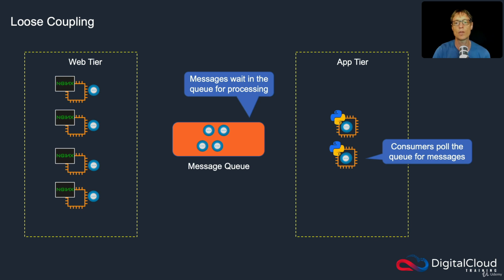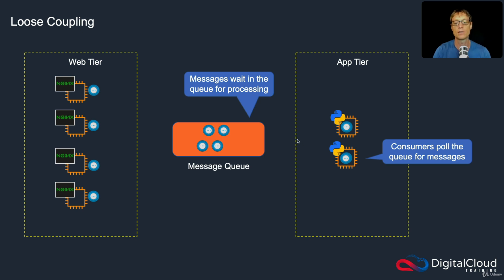So this is called loose coupling, because you're separating your tiers of your application and you're placing something in the middle, which means you're not integrating your web tier to your app tier. You're integrating your web tier to the queue and your app tier to the queue, and it acts as a kind of buffer. So that can really help with scaling your application, ensuring your systems perform,